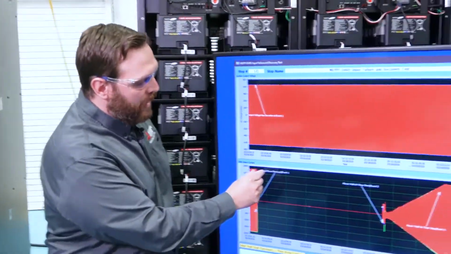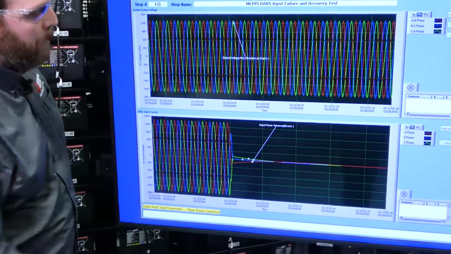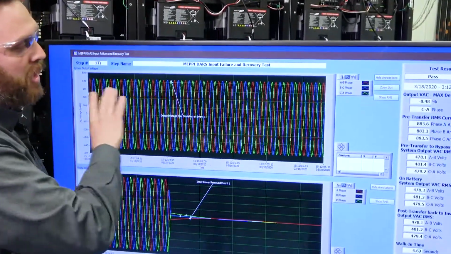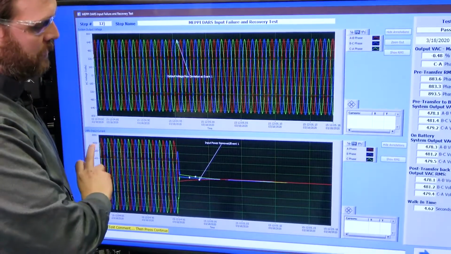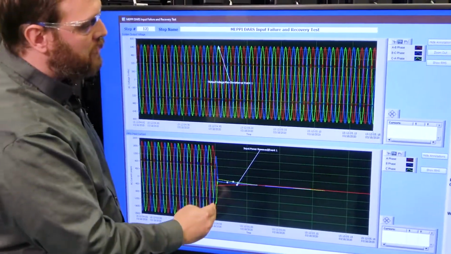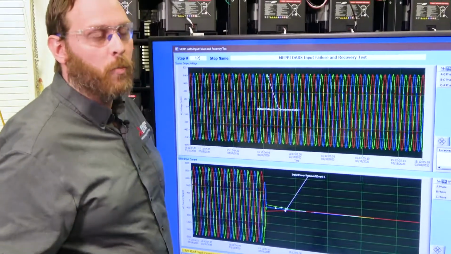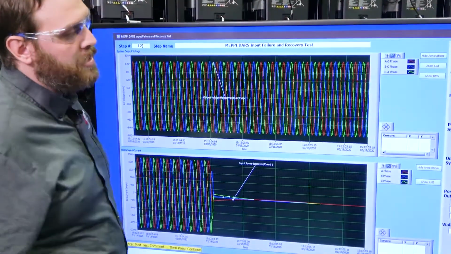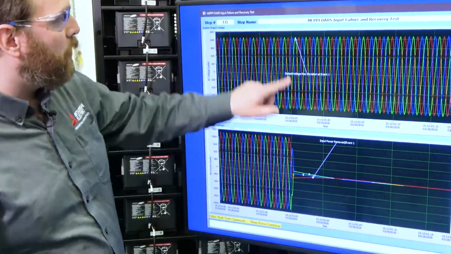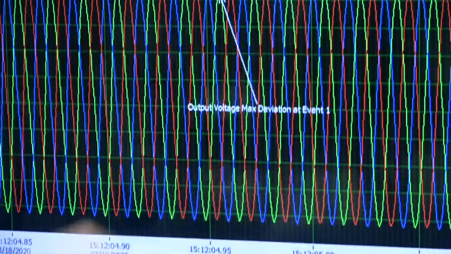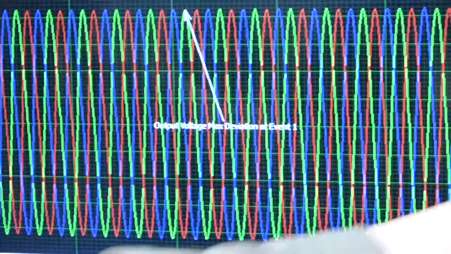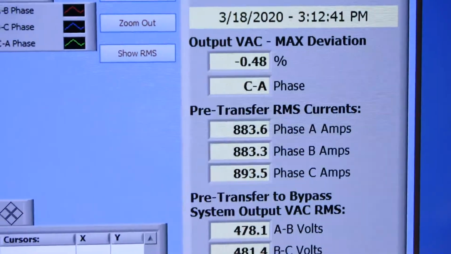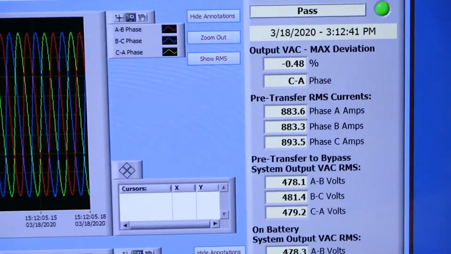So we're going to look at the input transition from input power to battery and how that affects the output load to the UPS. So here's your output voltage. Here's your input current. The input current goes away, the UPS transitions to its internal battery source, and the output voltage maintains very stable operation. So you can see at this transition point, there's very minimal deviation on the output of the system, to the point of 0.48% max deviation. So less than 1% deviation in this transition event. So let's zoom back out